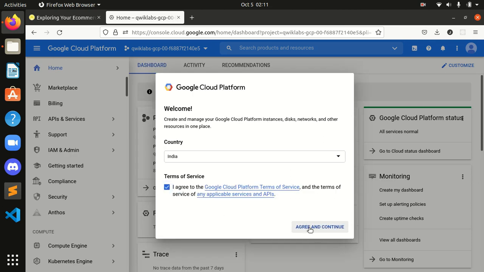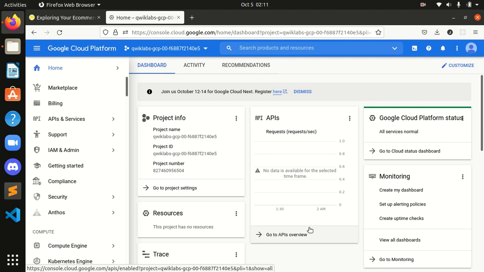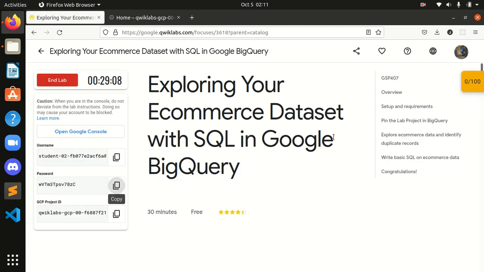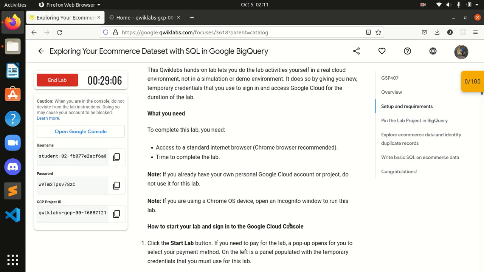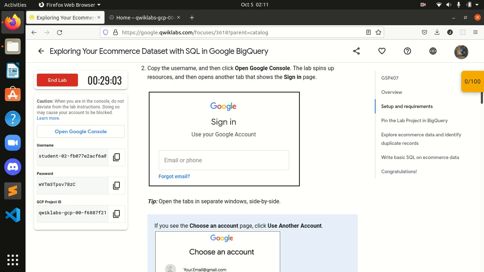Okay, now let's agree to these terms and conditions. Okay, guys, let's see the setup and requirements for this project.